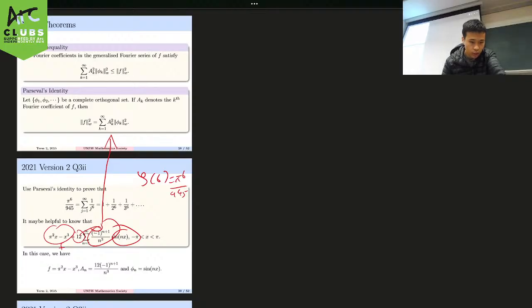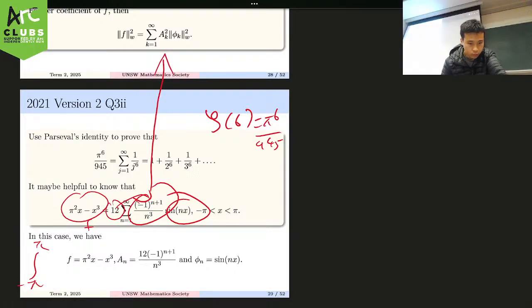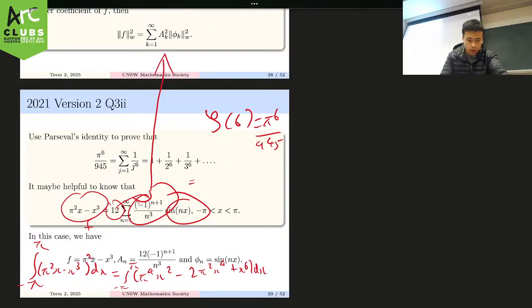So we're going to have to ask for the norm of this squared, or literally just the integral from negative pi to pi of (pi squared x minus x cubed) dx squared. So it's really just a bunch of computation. Yes, we get that. I'm just going to do my trick as usual, take out a 2 because it's even, and then plan for x cubed minus